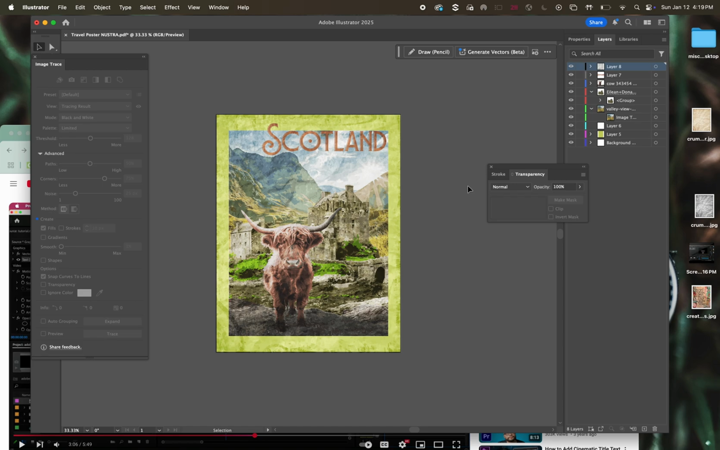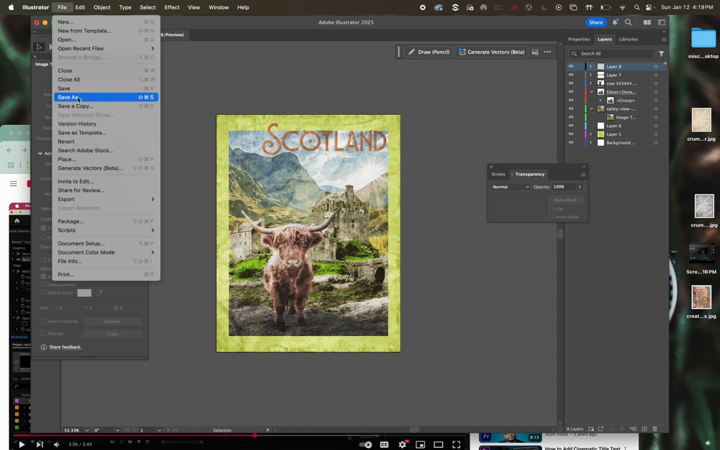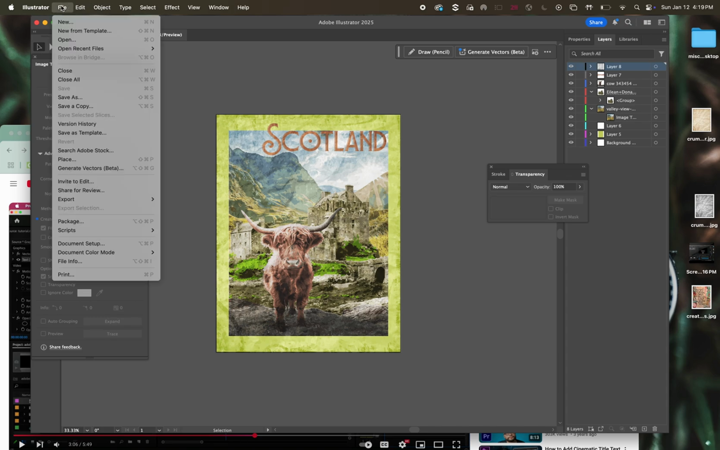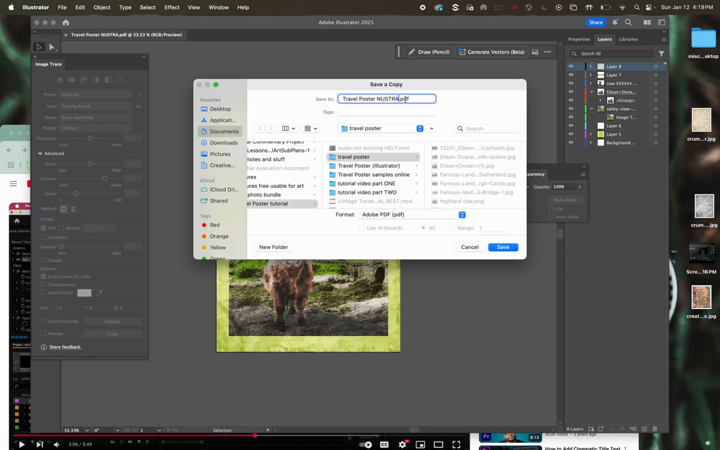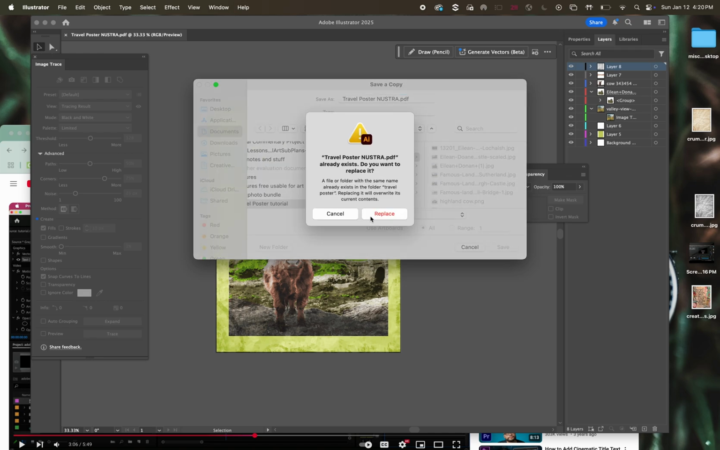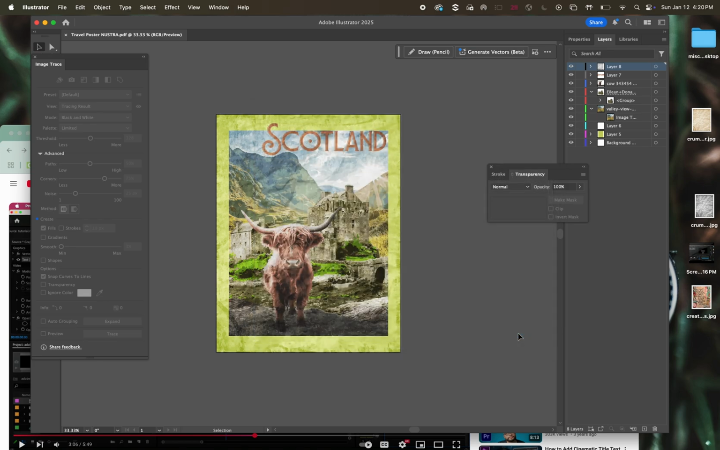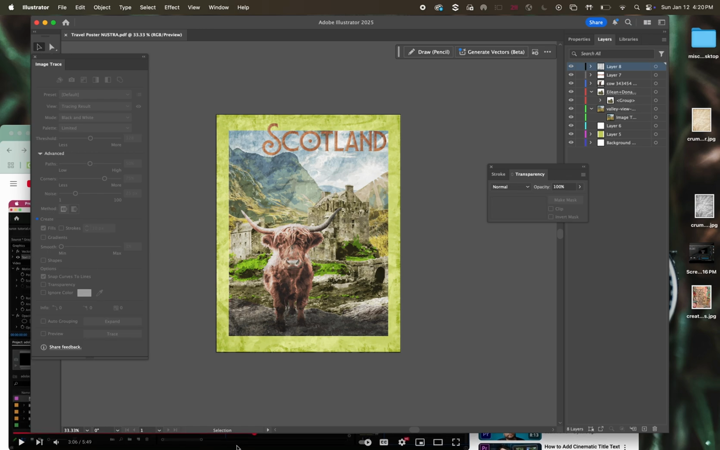So we'll save that. So go ahead and hit Command S or go up to File, Save. Then to turn it in, because you can't send me an AI file on Classroom, I can't see it that way. Go to File, Save a Copy. Name it Travel Poster with your last name, not mine. And then choose Adobe PDF for the file format. Make sure you pay attention to where you're saving it and click Save. Okay, since I already did this, I have to click Replace because I'm replacing the old version. Save PDF. Then open up Google Classroom, find that in your Finder and drag it in there, and you are